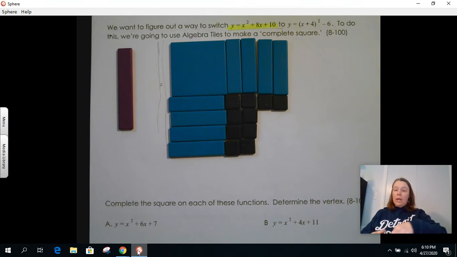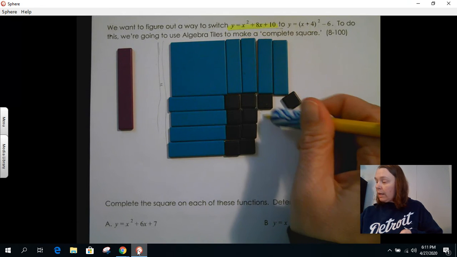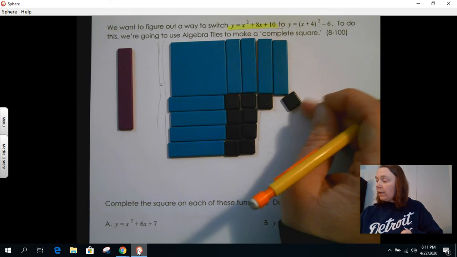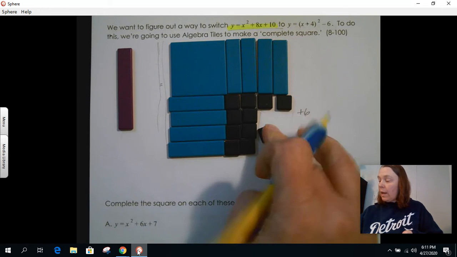All right, so I'm going to have to add some more so that I can turn it into a complete square. So how many more do I need to add? So take a look. How many more do I need to add? Okay, on this side, I need to add right over here, right? I'm going to just make a note of how many adding. I need to add 6 more. Okay, so I'm going to add